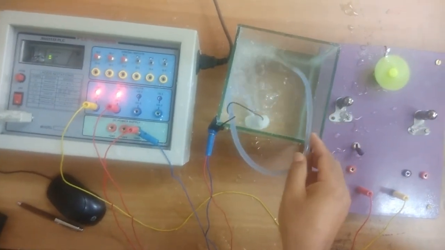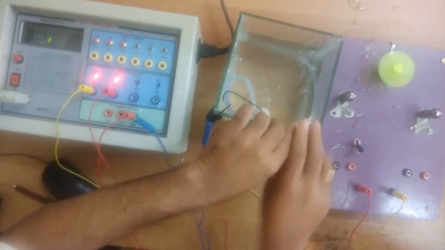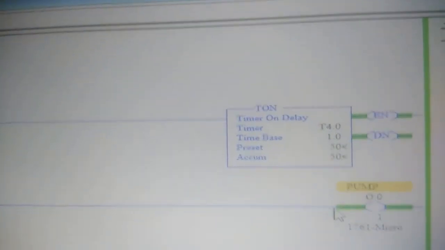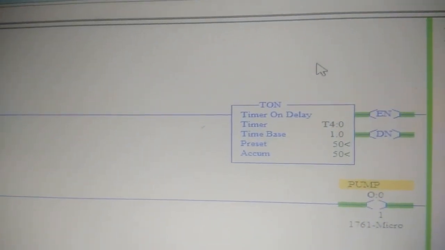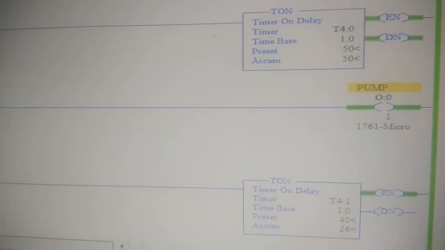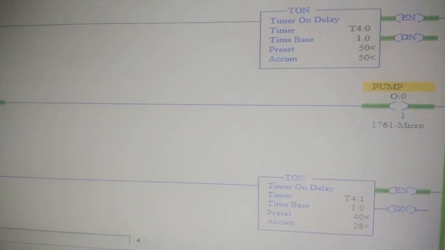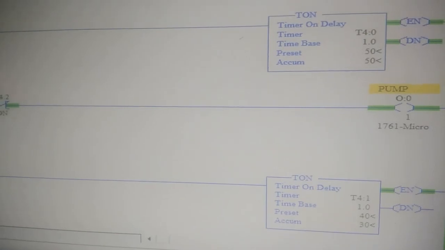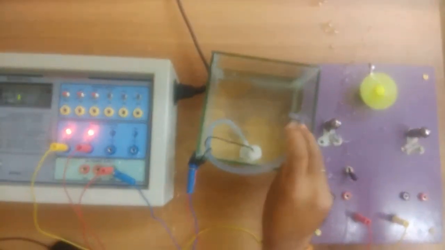So now both are running, and here you observe the pump is also running. The next timer starts counting. Once this timer reaches 40 seconds, the motor will switch off first. Then for the next 10 seconds the pump alone will be running. See here.